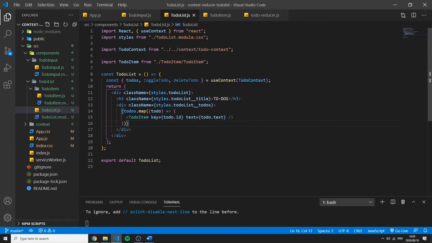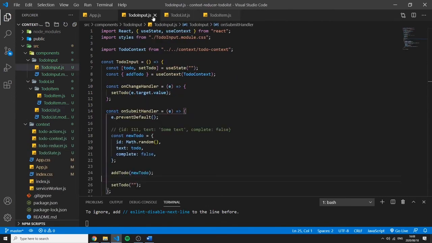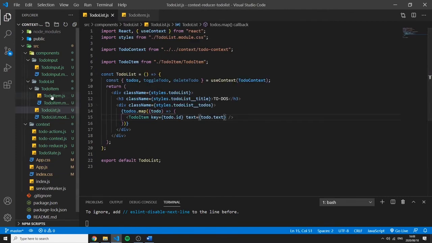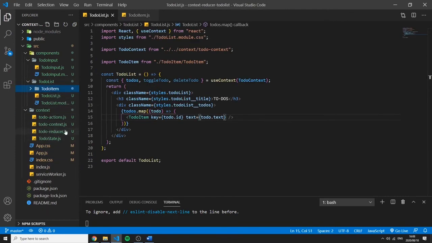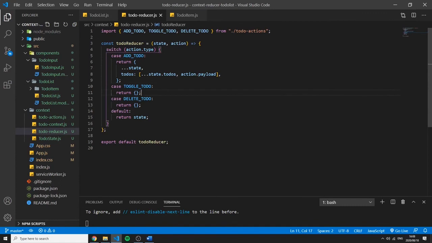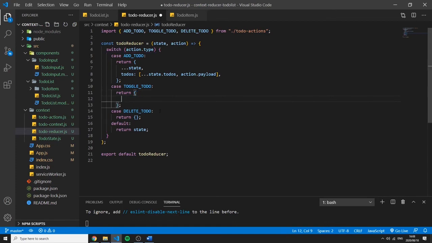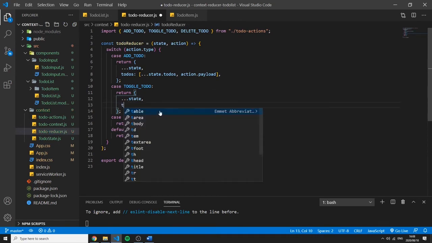So now we want to handle the delete and the toggle. So I'm just going to close up all of these. We actually have to still open the reducer. I haven't finished that yet. So let's go to the toggle and delete to-do in the reducer. So right over here, we once again want to spread the state. So if we think about what we want to let happen when we toggle a to-do, is we go